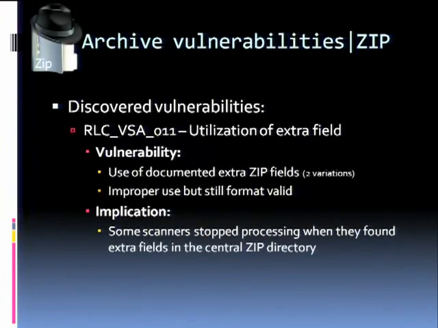Now, this one is one of the stable implications to the zip archives. There's an extra field behind every central directory entry in the zip file header, and if you use this data, which isn't really commonly used by any of the archive processors, you will be able to hide some data behind it. So by damaging the header like that and just cloaking the next item in the zip header, we were able to successfully hide malware, because antivirus software would just skip over that because they weren't processing the extra